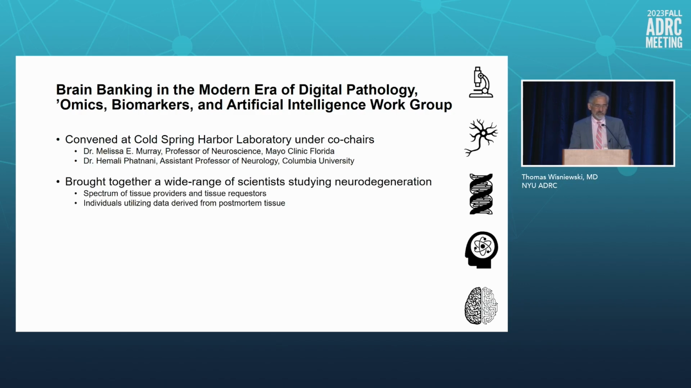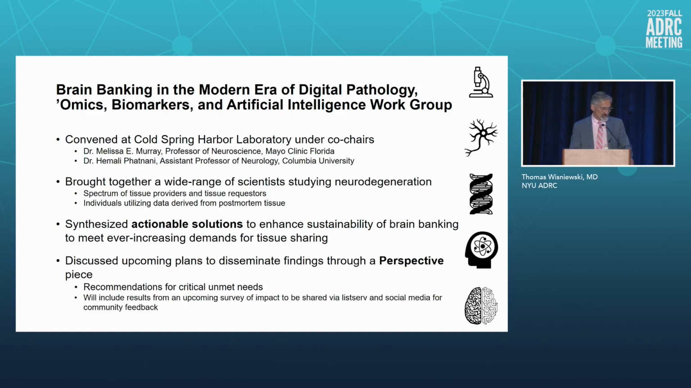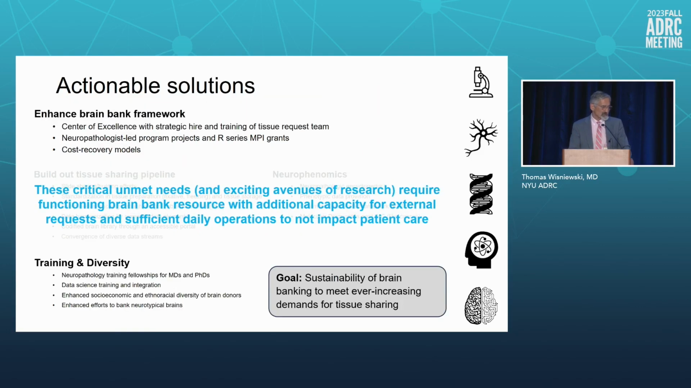The aim here is to bring together a wide range of scientists to study neurodegeneration, to bring forth a number of actionable solutions that can help build the sustainability of brain banks across ADRCs, as well as plans to disseminate their findings through a future prospective piece. In terms of actionable solutions, they are working to enhance the brain bank framework in order to meet critical unmet needs that require functioning brain bank resources and build additional capacity for external requests, as well as being able to meet day-to-day operational